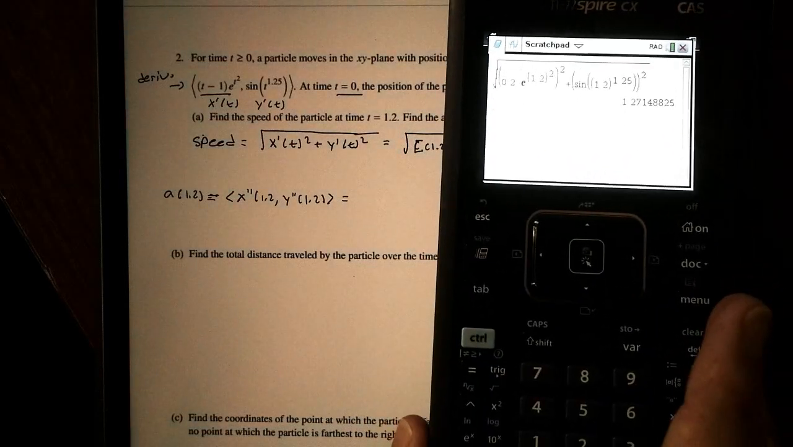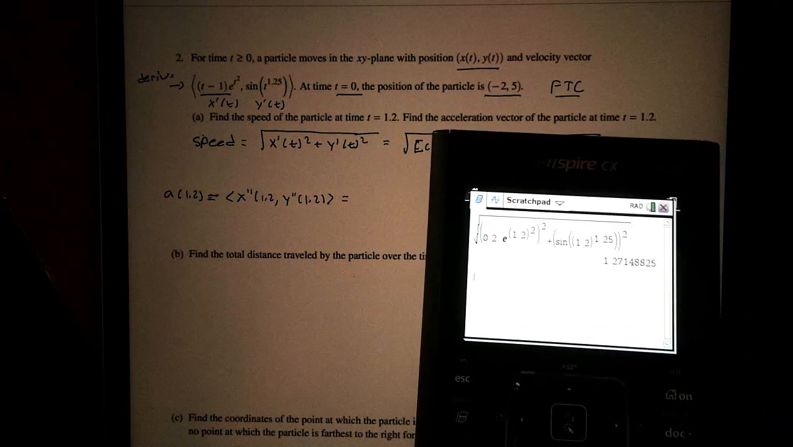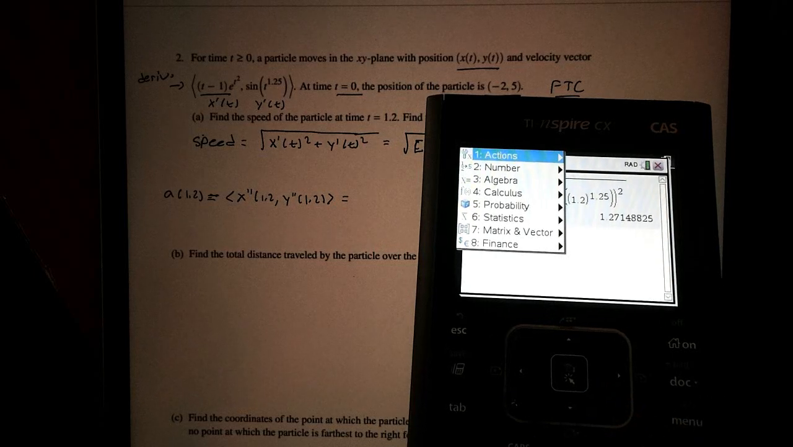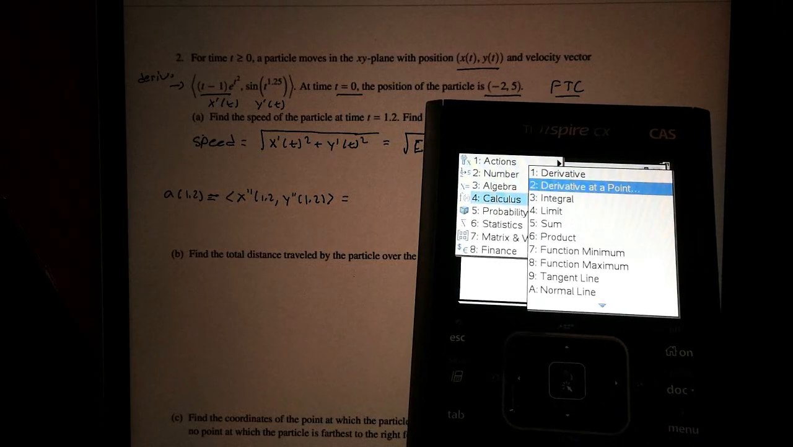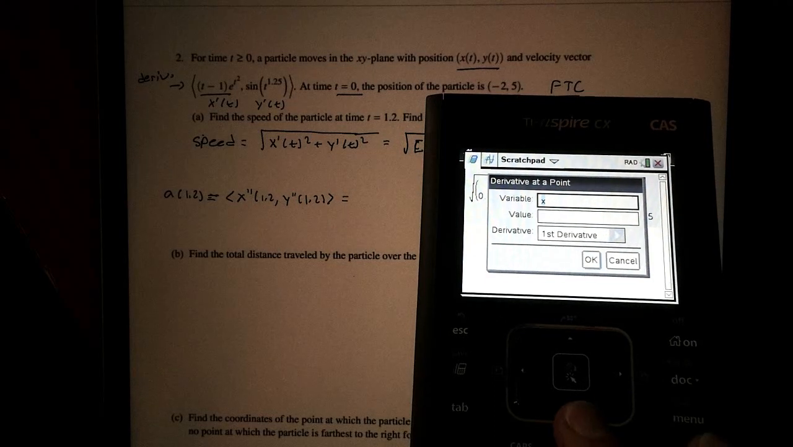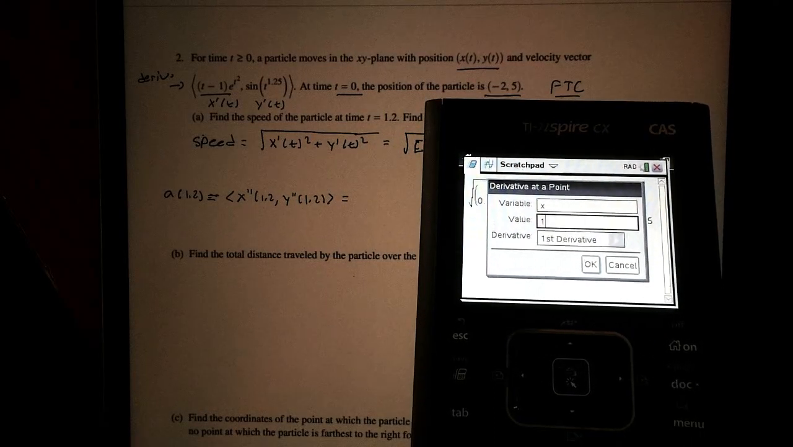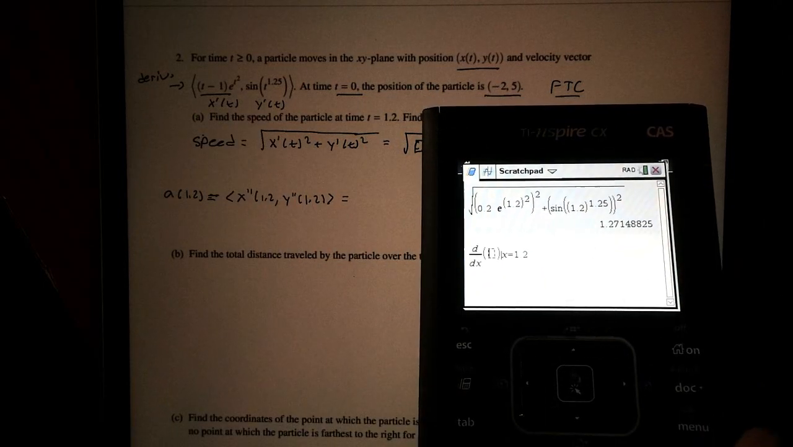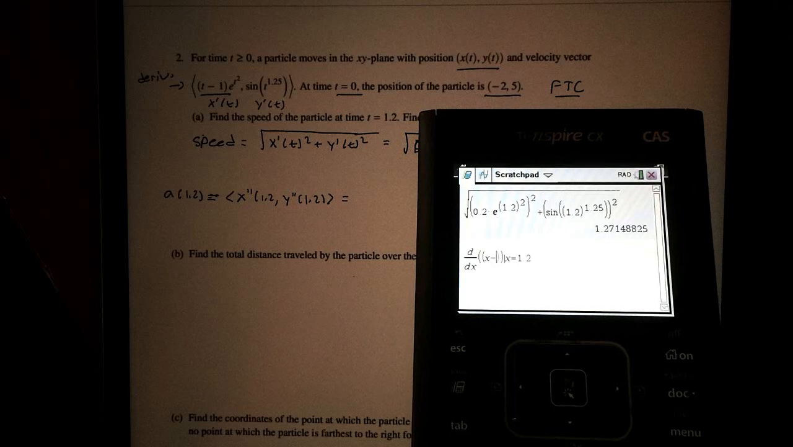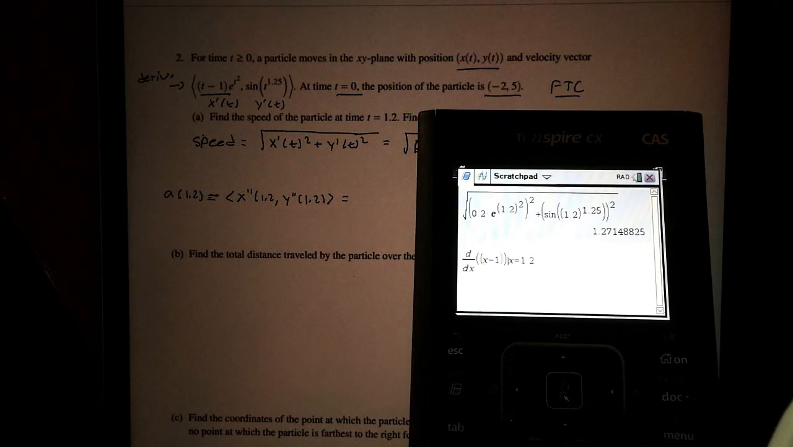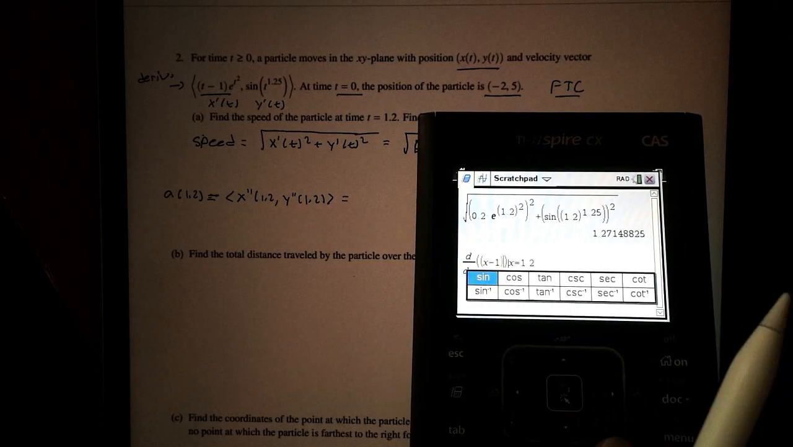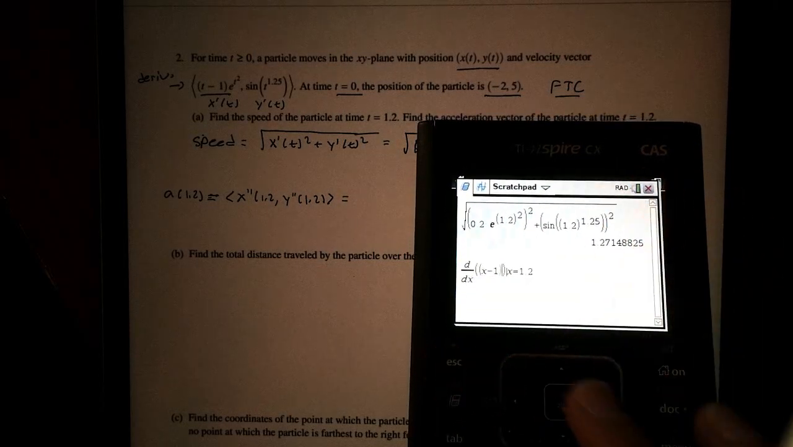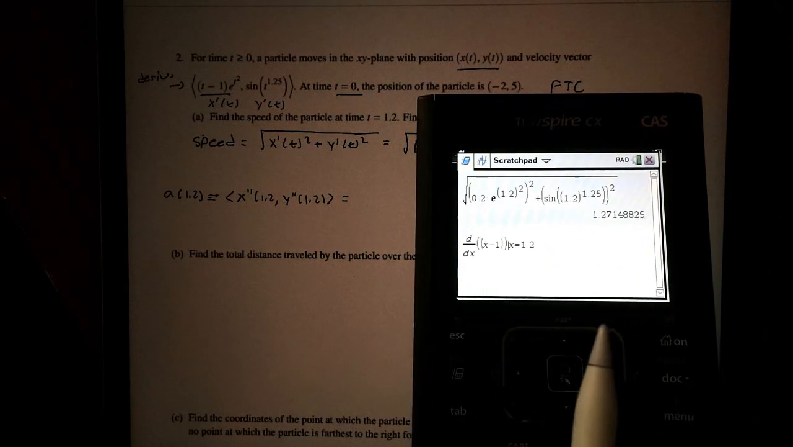And again, if you have the CX, it's just as nice. Let's see if I can get this to show up a little bit better. There we go. If I go menu, calculus, this time I'm looking for the derivative at a point. I'll use x. I'm looking for the value at 1.2, and I just have to type in my function. The first one, x minus 1 on the outside, times e